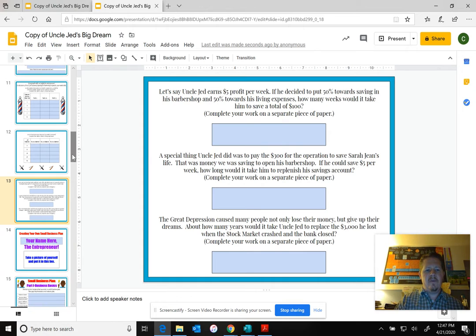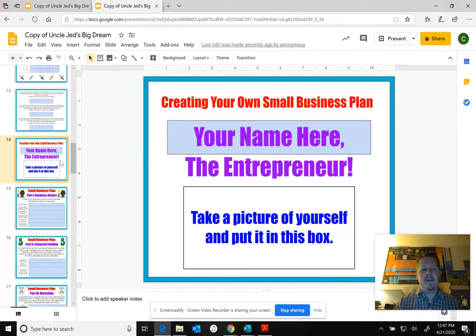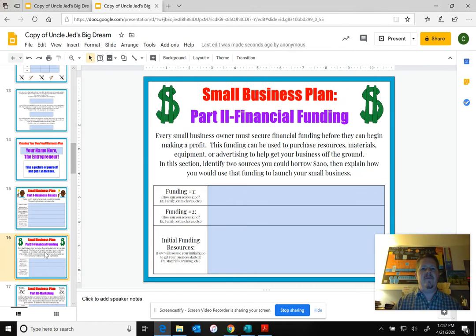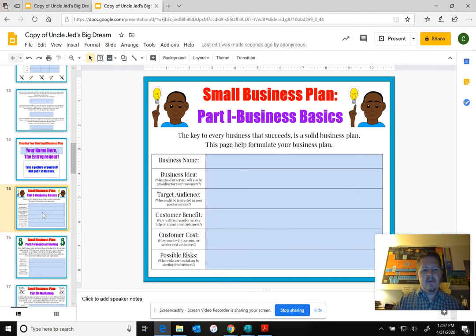There's also an opportunity for your students to complete a student small business plan. So that would be to make this into more of a project-based learning experience, where after they read the book and do the book study and the math, then they get to make their own small business plan. So there's 5 parts of the plan. The first part is the business basics,